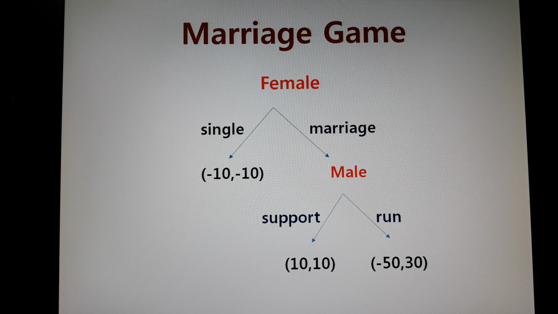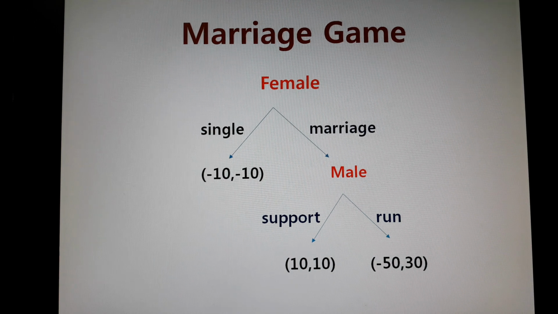And as usual, I'm going to explain that with a simple example. Here, I would mention one of game theory's famous examples, the marriage game. It's about male and female, so it's an old example, and I hope nobody gets offended. Let's assume our grandfather and grandmother generation, where people would get married and have a baby and things like that. It was an old example, made in old times.